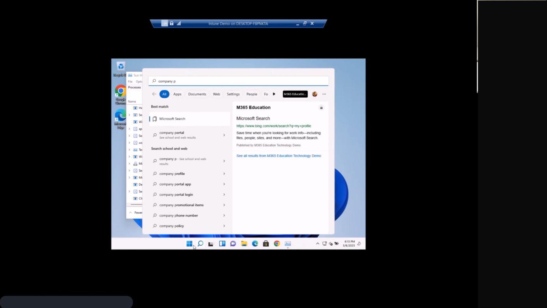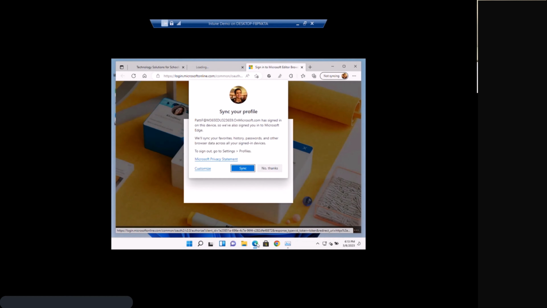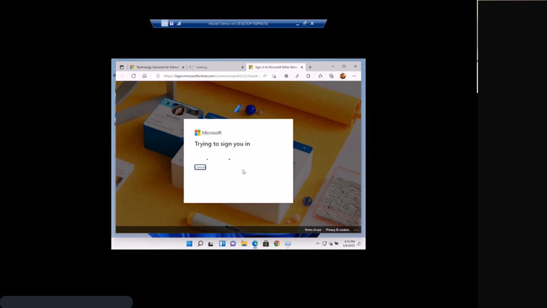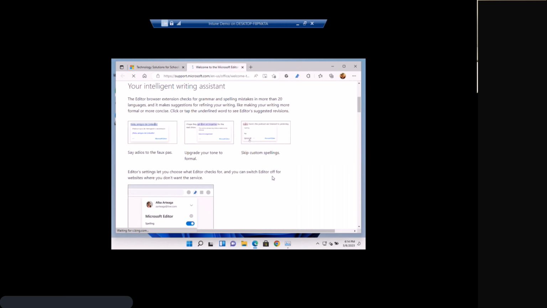All righty. Well, while that finishes its process, let's open up the Edge browser. There's one thing I really want to highlight and showcase that I did. So go ahead and sync. What this is doing is I have some stuff pulled down so that as she signs in, I have some custom extensions that will pre-install for this principal to make her life a little bit easier. And as you can see, I pre-installed the Microsoft spell checker into the Edge browser,